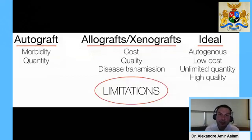The second limitation that we have here is the amount of tissue that we can take from one patient. Again, there is only so much tissue that can be harvested from the palate of the patient, or from the chin or ramus, in the need of an autogenous augmentation. And for that reason, if we have to do a full mouth reconstruction, most of the time a staging approach has to be incorporated. So because of these limitations, the industry has shifted and somehow forced us to use a substitute,